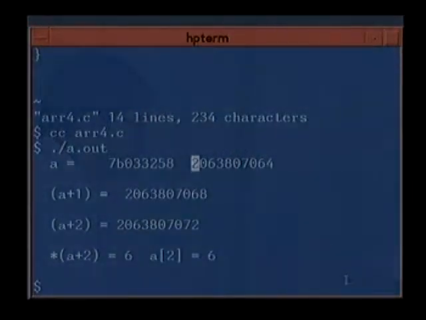Its equivalent decimal value is 20638070064. A plus 1, I've just printed the unsigned integer value here, 20638070068. So 4 bytes are stored for an integer. And then the content of A plus 2 is 6, which we assigned.